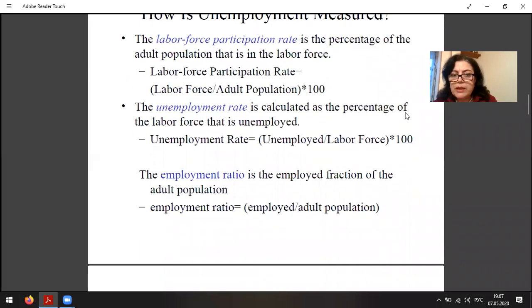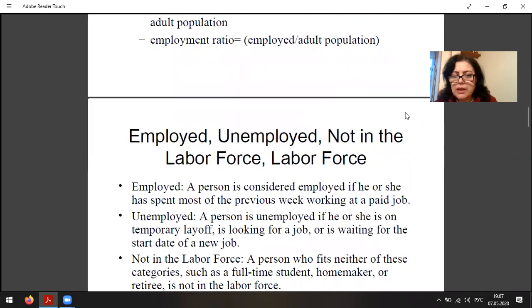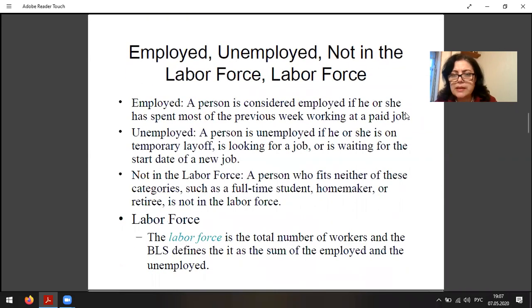Well, the next question that we want to discuss is the relationships between the employed people, unemployed people, not in labor force, and labor force. You can see on this slide the step-by-step identification of the employed, unemployed, not in labor force, and labor force. Actually, we know who are employed. The employed people are the set of persons, or just the group of people. They are considered employed if